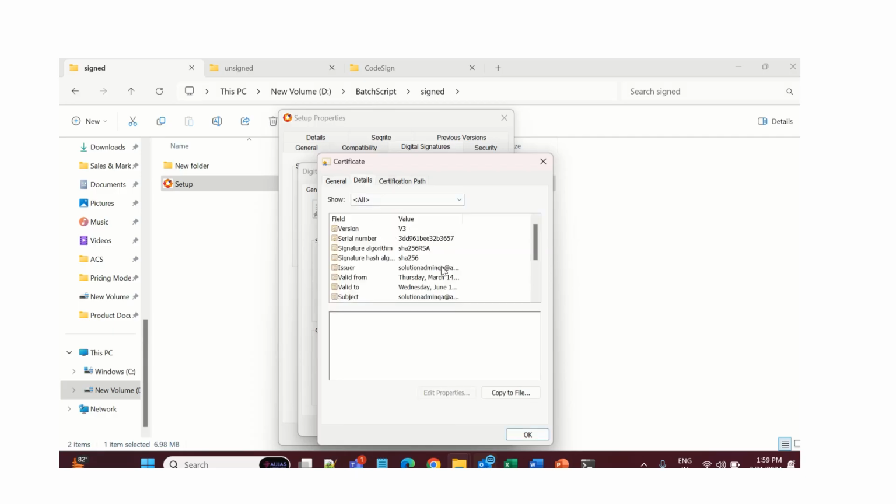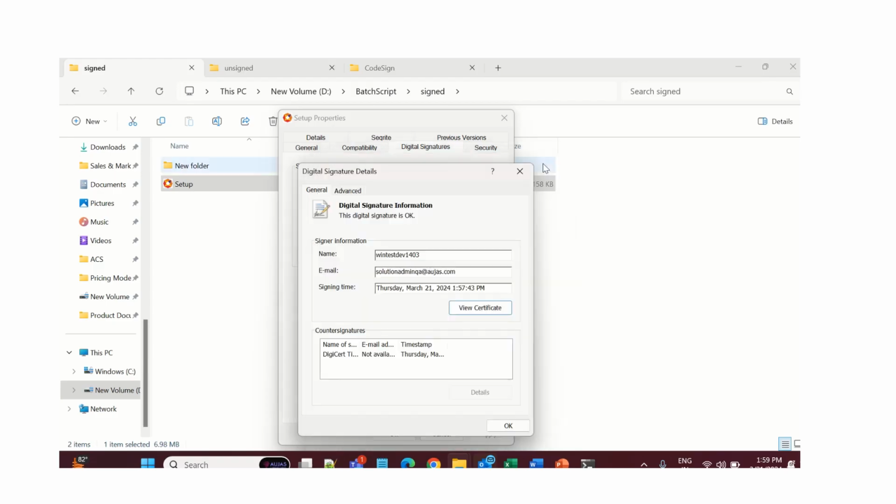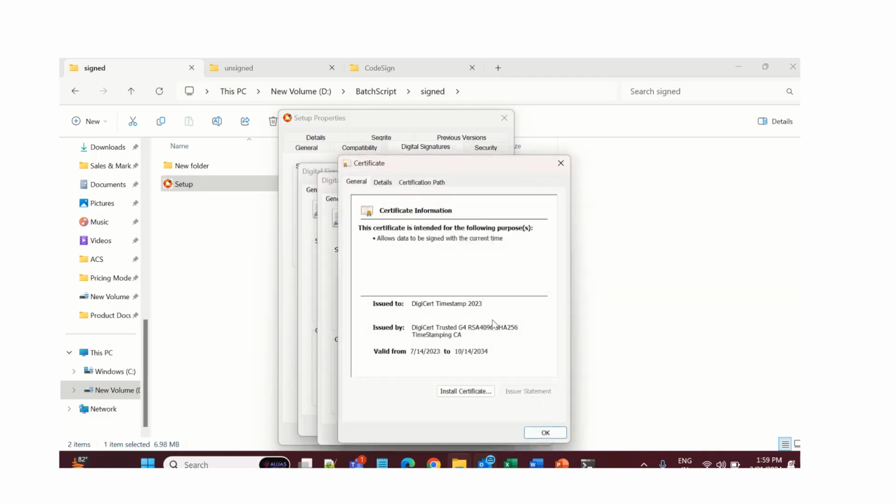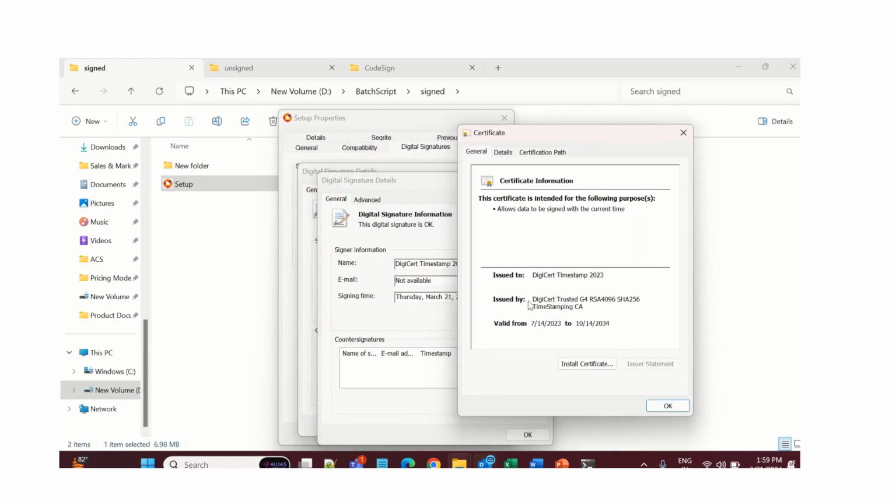You can see the version, the serial number, who was the issuer, and the signature algorithm. All the details are mentioned. Also, here we have the counter signature, which is the timestamp. This timestamp is basically to ensure the validity of this particular build. If you look at the certificate of this timestamp digital signature, the counter signer, you can see that it is valid from